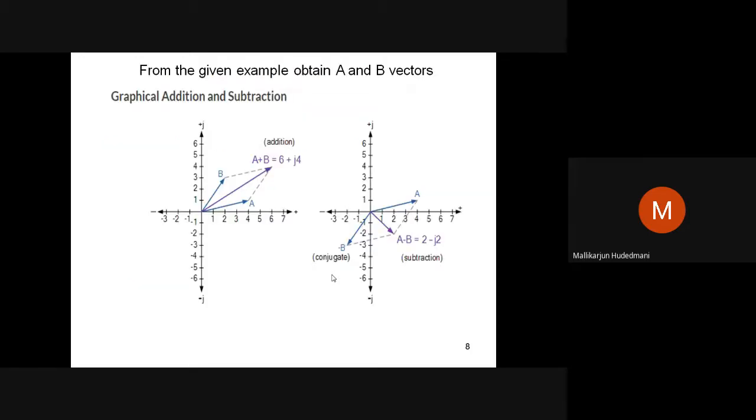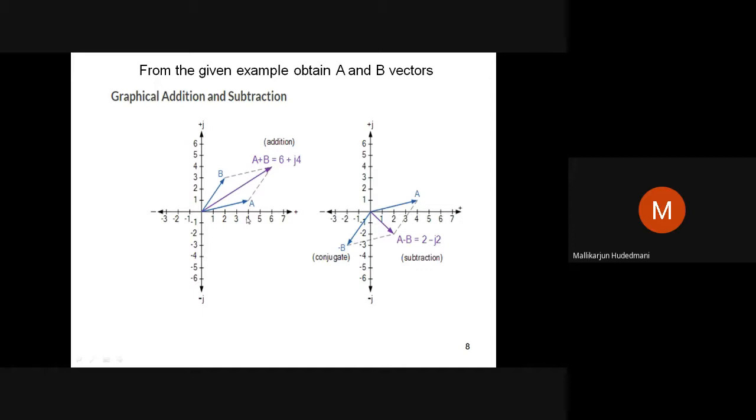Okay. Then I have just shown you some vectors. For example, vector is A, vector is B. You can see the real and J axes are shown. A is a blue line vector, and B is another vector whose vectorial addition resulted in 6 plus J4. Then how did I get this? A is real 4, J1, it is 4 plus J1. B is 2 plus J3. You can see R, I, J, R, I, both are the same in the complex notation. So 2 plus J3 and 4 plus J1, whose addition is the resultant here. The resultant is of what? 6 plus J4.